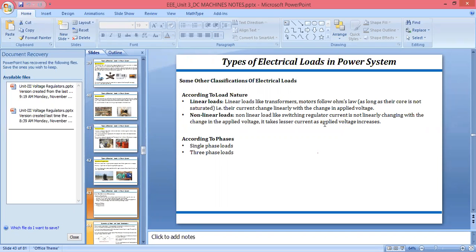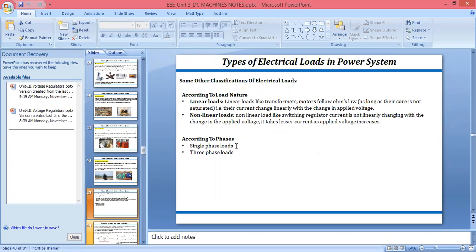It will be opposite with respect to the input voltage. मतलब करंट का वैल्यू क्या हो रहा है, इनपुट वोल्टेज का वैल्यू बढ़ रहा है तो करंट का वैल्यू कम हो रहा है. Opposite. At that time you can say there is a non-linear load. And if it is linear, at that time you can say the output current will follow the value of applied voltage, and that type of load is a linear load.